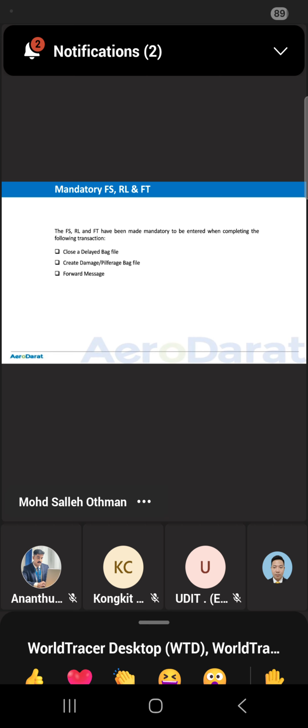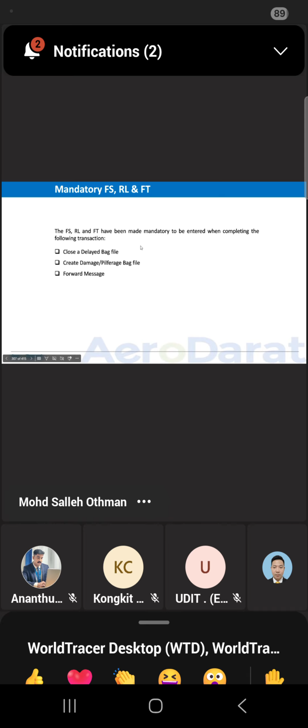Or in case you are in doubt and you don't know which one, although you put the wrong RL, at least the reason loss makes sense. Don't simply, if it is a tagless luggage, put baggage behind the BHS, very far.